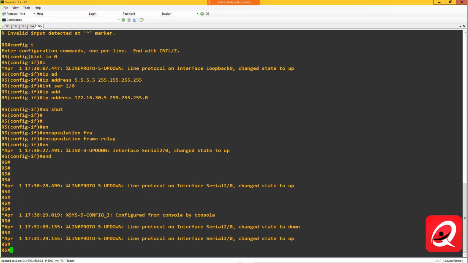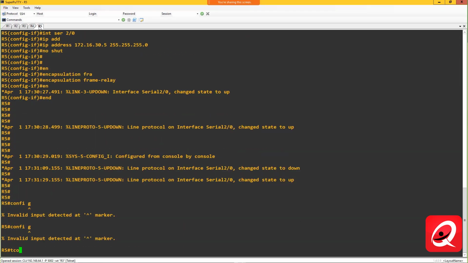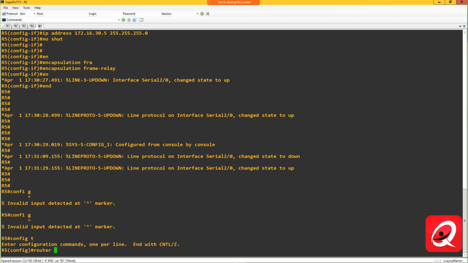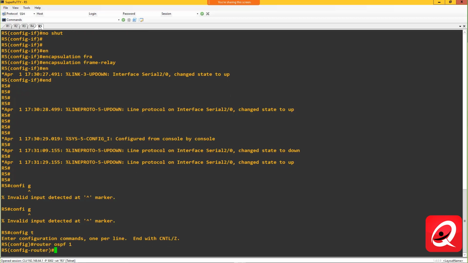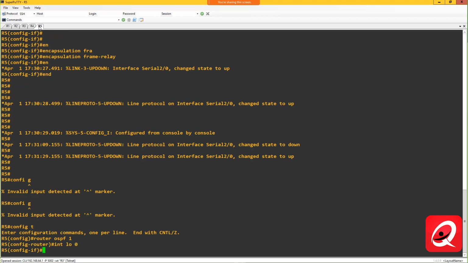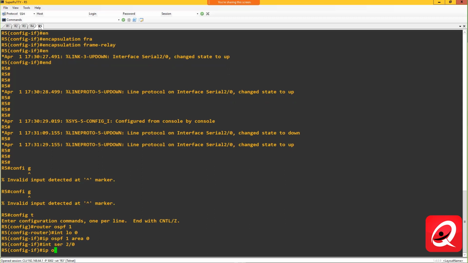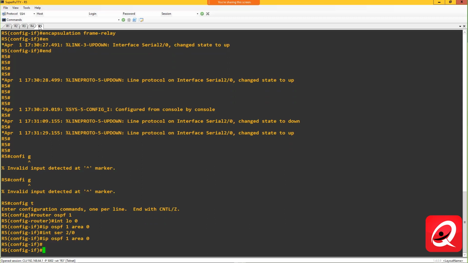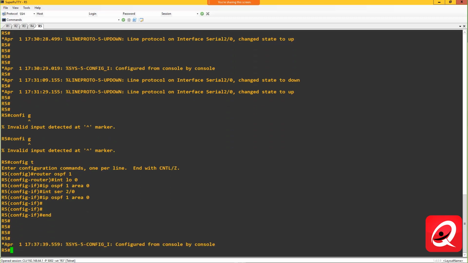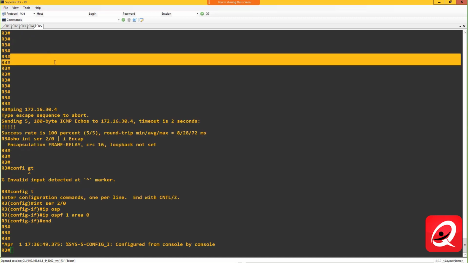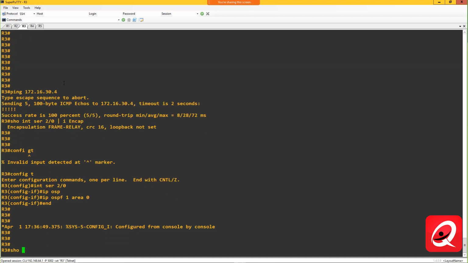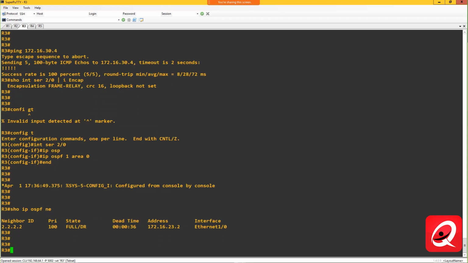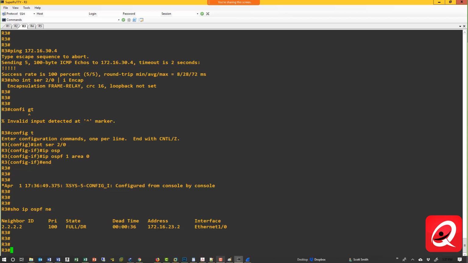And then we'll do the same thing on router 5. Config T. Router ospf 1. Interface loopback 0, ip ospf 1 area 0. Interface serial 20, ip ospf 1 area 0. All right. So I've now enabled OSPF on serial 20 on all these interfaces. Now I should see adjacencies, right? If I do a show ip ospf neighbor, I don't see any adjacencies with router 4 and router 5, which brings us to